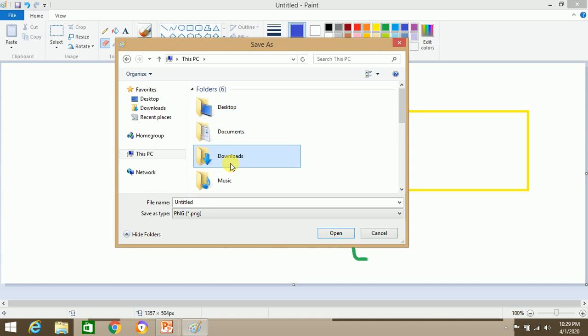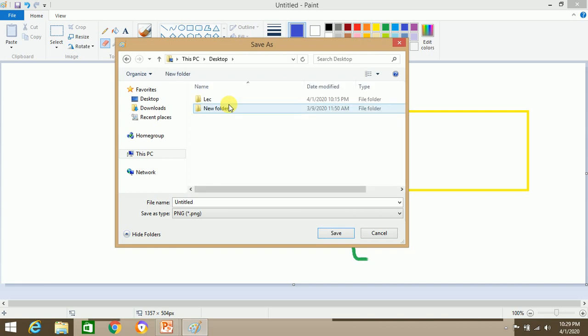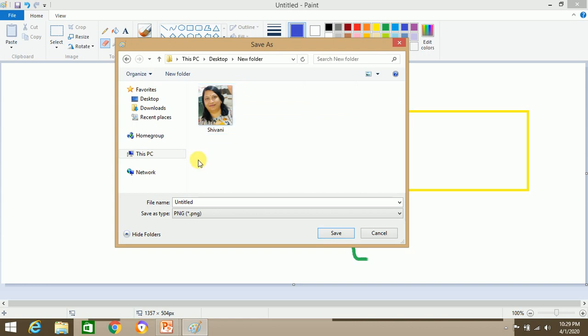Select the folder. New folder. In the File name box, type a file name. Click the Save button.